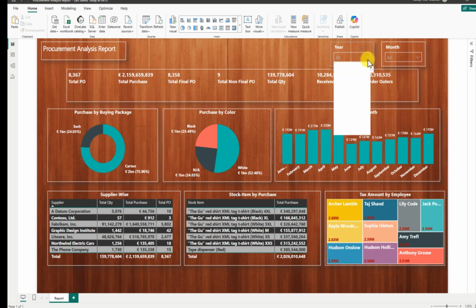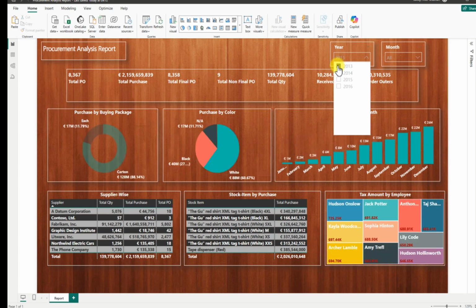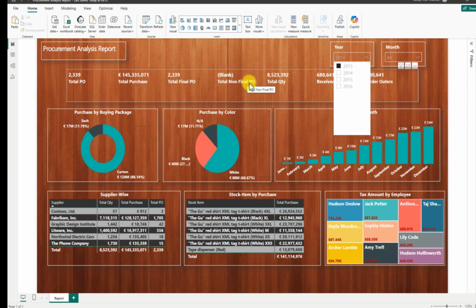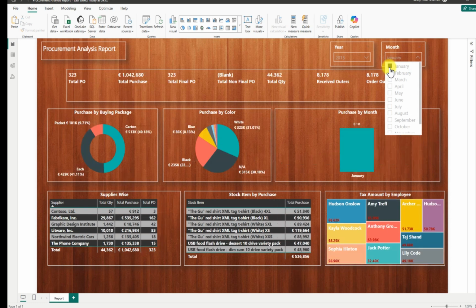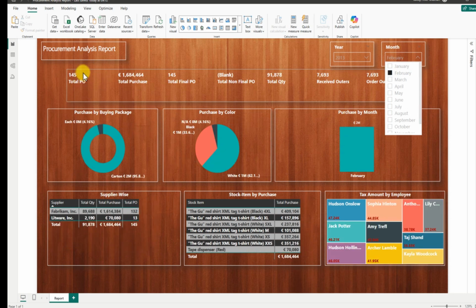So we go to the first year, we go to 2013, and let's see what we have. This is what we have in 2013. Total final, we have blank, so nothing is there. So we come to the month and see if there was anything in January. Nothing in January. February, this is what we're having. We're having our total PO 145, total purchase, total final PO, this is it, total non-final PO 0. Then we are having our total quantity 91,878, then receive outer